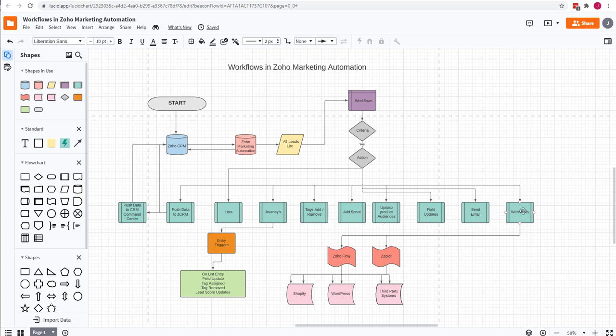Now, this last one here, webhooks. I think a lot of people are familiar with Zapier, and they're familiar with Zoho Flow, but they're not familiar with using webhooks in the marketing automation platform, which we can do, right? So, for example, if someone